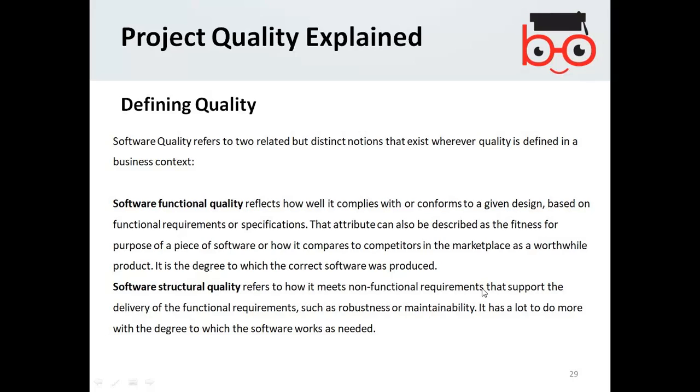As I explained earlier, when it is functional, you need to look at how each individual component works according to the requirements, while the structural or non-functional requirement is basically how the overall system is functioning in terms of non-functional aspects, such as reliable, scalable, maintainable, manageable.